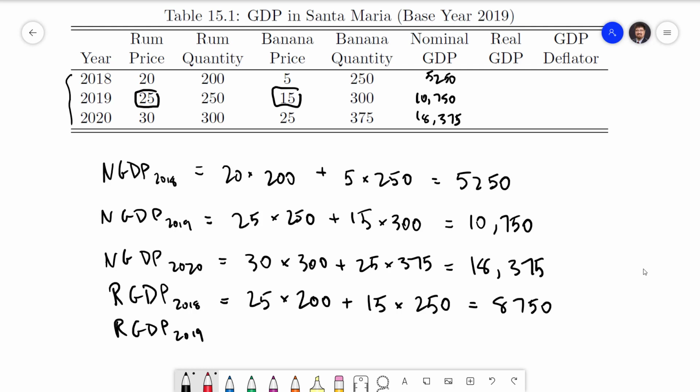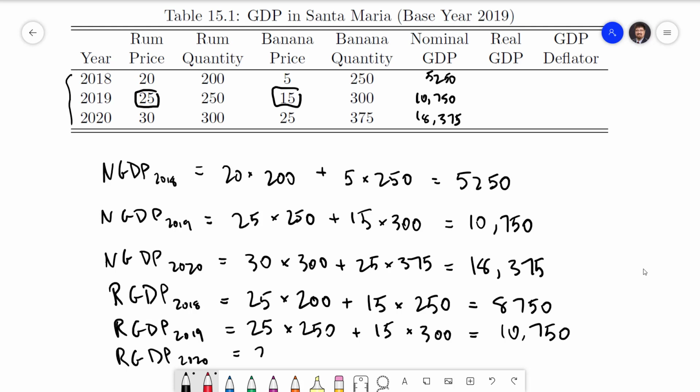Now for 2019, we're going to use the base year prices again, which also is 2019's prices, but the quantities from 2019 this time. So as you can see, the prices are remaining constant, but the quantities are changing. And the number we get is 10,750. And then finally, we'll do that for our third and final year of 2020. We keep the 25 price of rum the same, but go up to 300 for quantity. Keep the 15 banana price the same, but go up to 375 for quantity. And we end up with